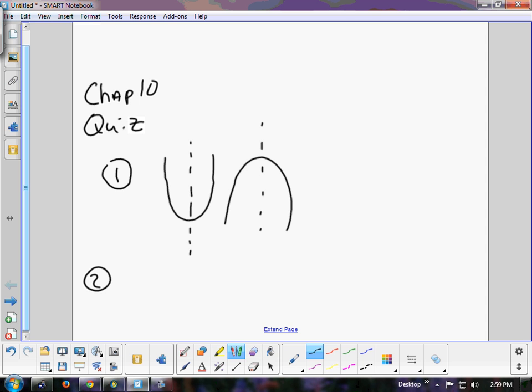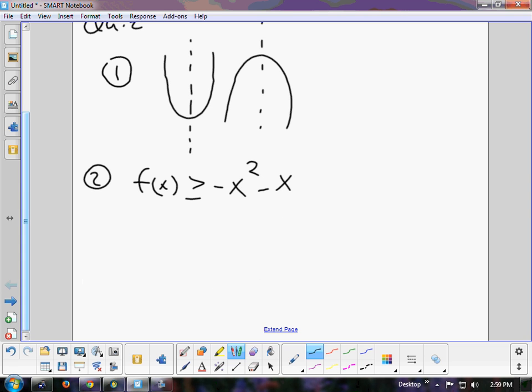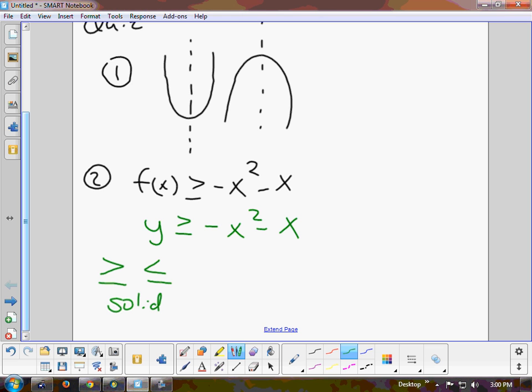Number two says graph f of x is greater than or equal to negative x squared minus x. Now, this one is a multiple choice question, but let's look at this. First of all, we're thinking y is greater than or equal to negative x squared minus x. So, if it's greater than or equal to, or less than or equal to, it's a solid line when you graph it. So you have to look for a solid line. That gives you choice A with a solid line upside down, and choice C with a solid line and